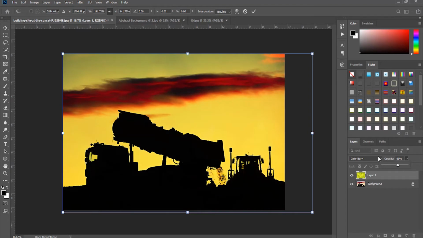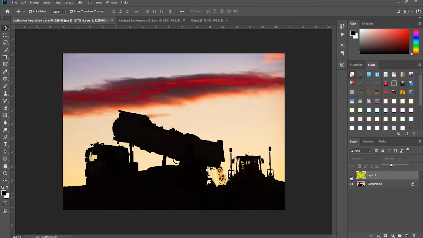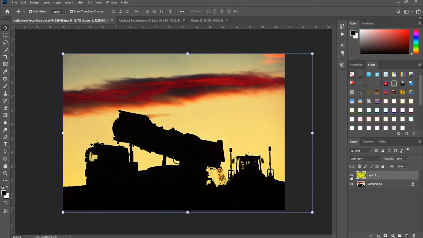You can see these two buttons in Premiere Pro too. For example, in the next video, which is about blending modes in Premiere Pro, I will talk about blending modes there too. You can see that when I increase or decrease the opacity here, I can determine how my second photo will change my original photo. You can see that I compare these two photos with each other, the original one and the